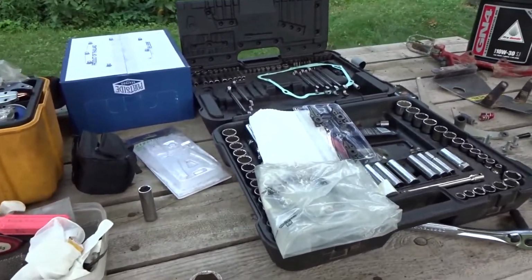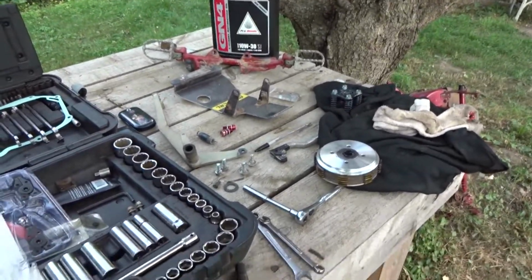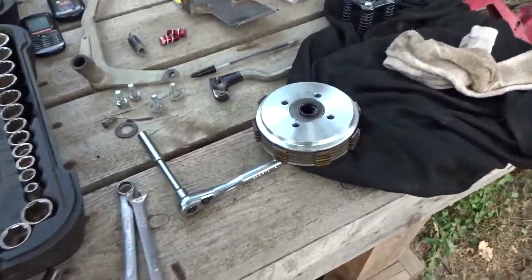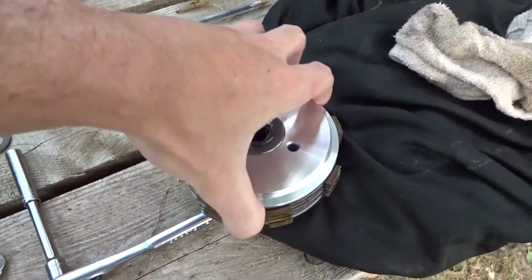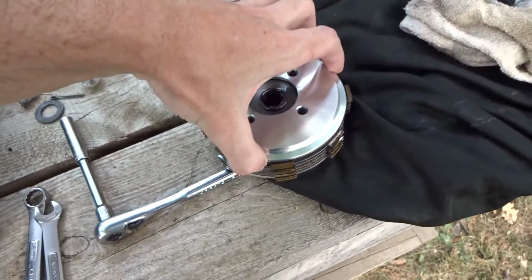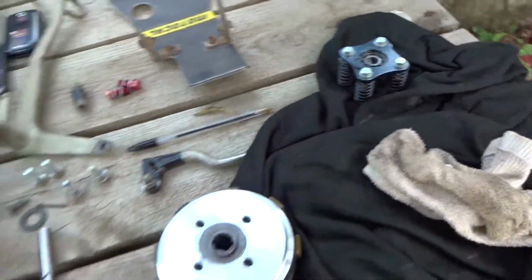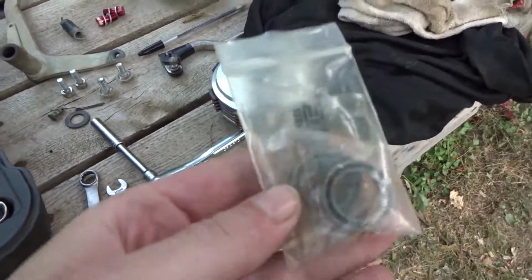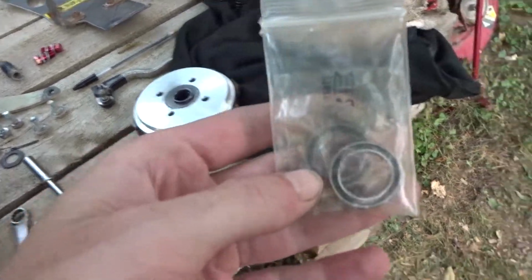Finally getting around to doing some maintenance on my CRF-70. I needed to change out my clutch plates and my manual clutch. They were getting a little bit worn, due for a new change of fiber plates and steel plates. But the main reason I had to tear it down is I had to replace the bearings that were in the clutch pack. Actually, to be more specific, the